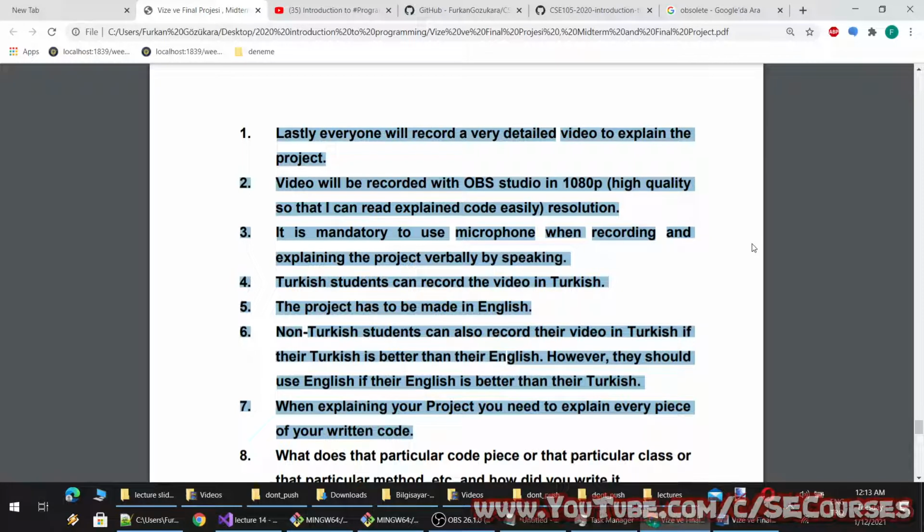You know there are COVID-19 precautions. If we were attending the school regularly as before COVID-19, you wouldn't need to do a video. That time I would examine you, question you face to face, one by one. However, since we are working remotely, the video is key, and from your video, basically you will get your project